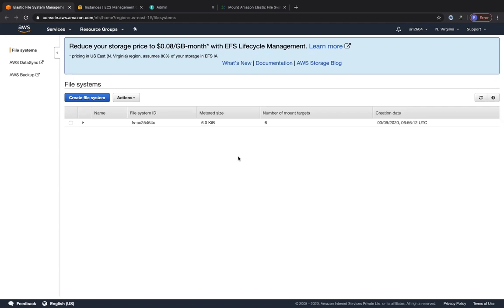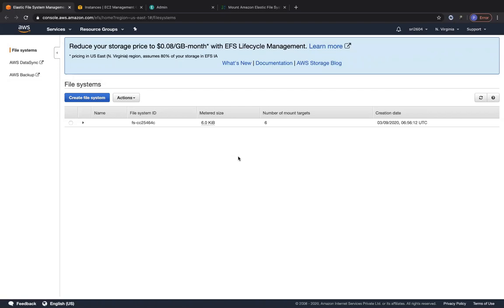In this lab, we are going to create an EFS file system, and then we are going to create two EC2 instances, and add this file system as a mount to both of those EC2 instances, to a respective folder within each, and we will see that we can share this file system across multiple EC2 instances. So when we write a file to the first EC2 instance, we will automatically see that the file is displayed in the second EC2 instance when we look at the same directory, right?